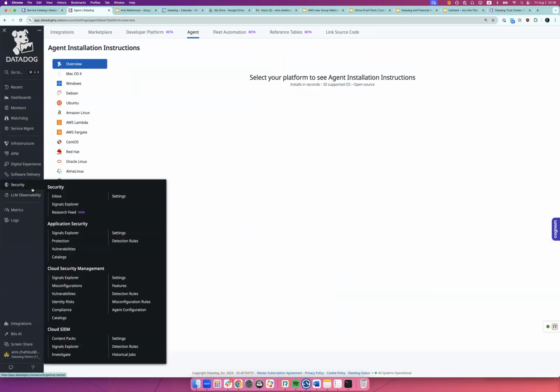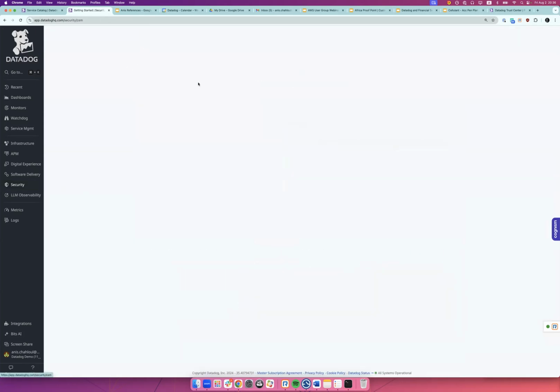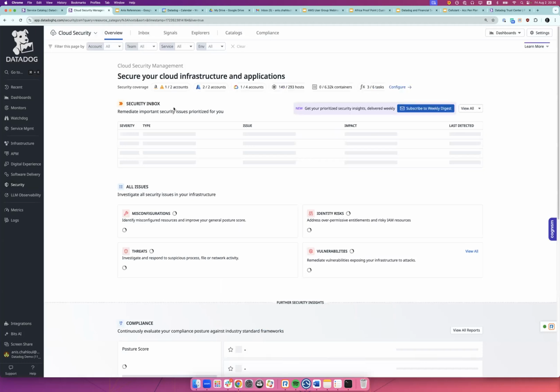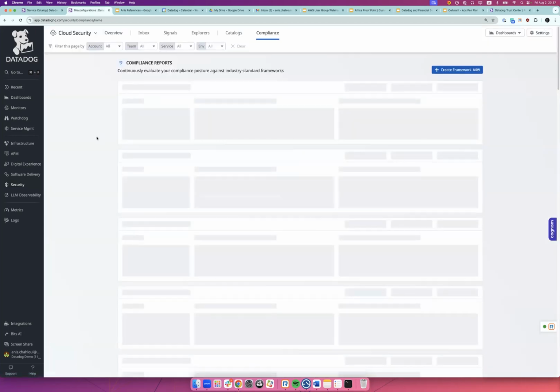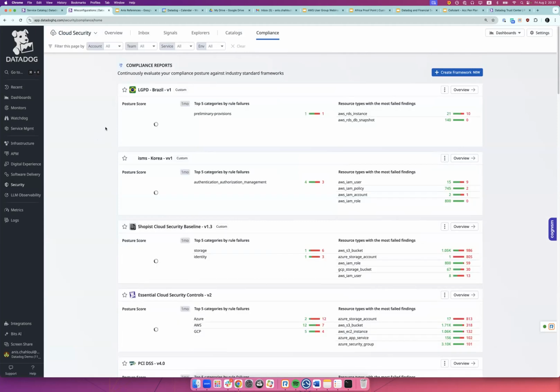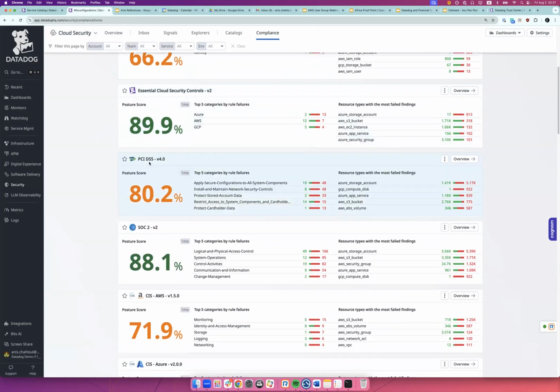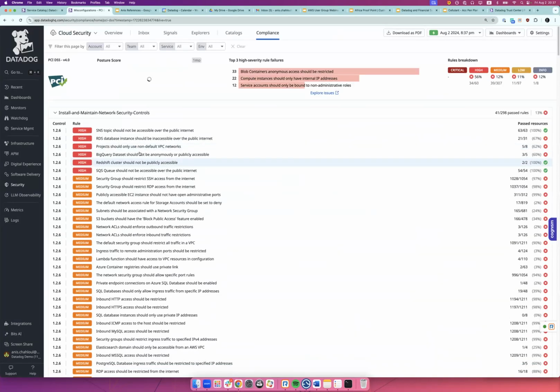On that subject, we're really investing a lot in security, because it's a subject that I love. With the platform itself, you are able to get insights into your cloud security and your misconfigurations. If you have any compliance framework, such as PCI DSS, which we see a lot, SOC 2, or ISO, since we get the AWS metrics from that AWS integration, within one click you can integrate security and have an idea of how your infrastructure is performing compared to regulations and standards.